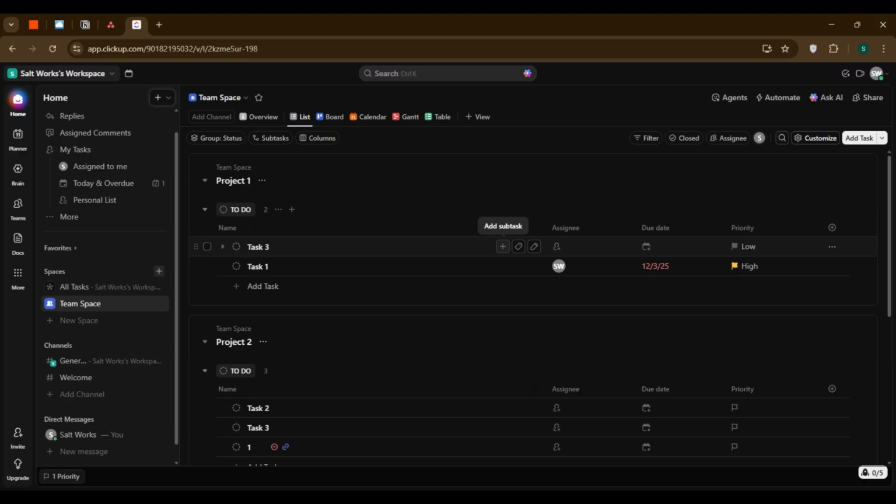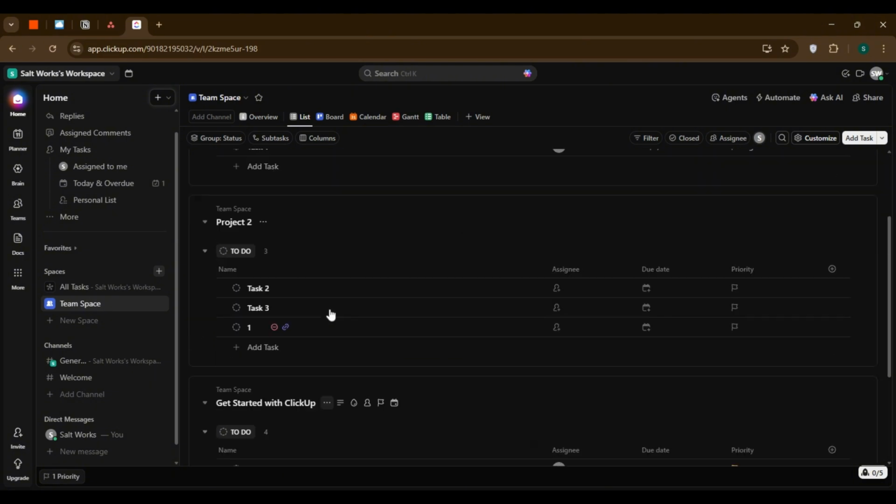The second is a checklist. This is a simple list of items inside a task's description. Checklists are perfect for small, sequential steps that don't need separate due dates or assignees, like a packing list or